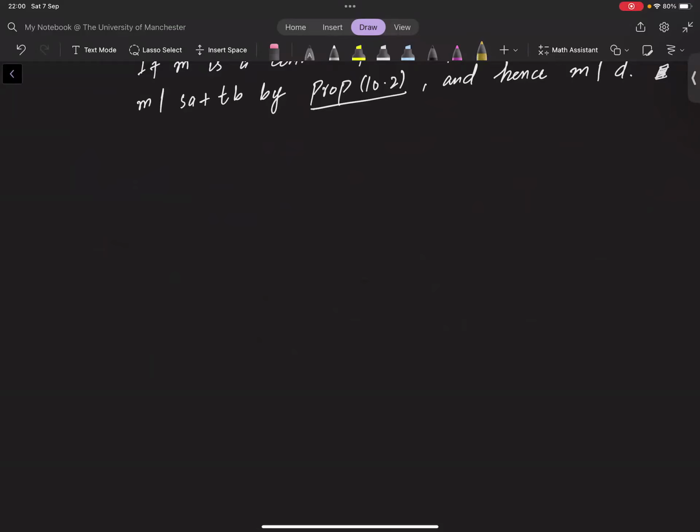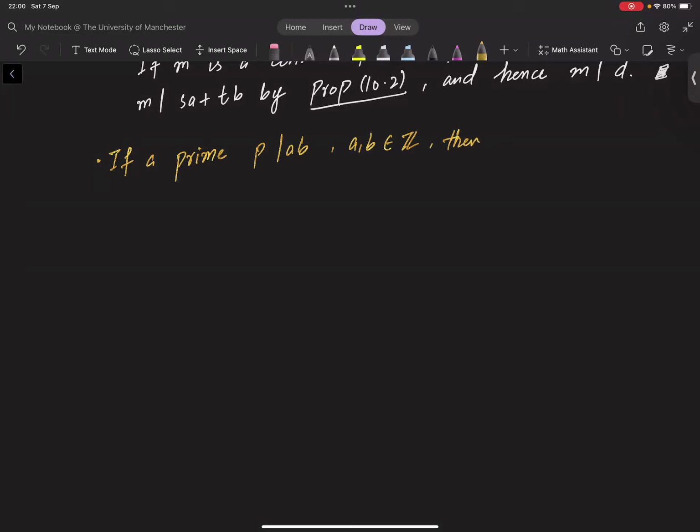So we say that if a prime P divides AB, where A comma B are integers,